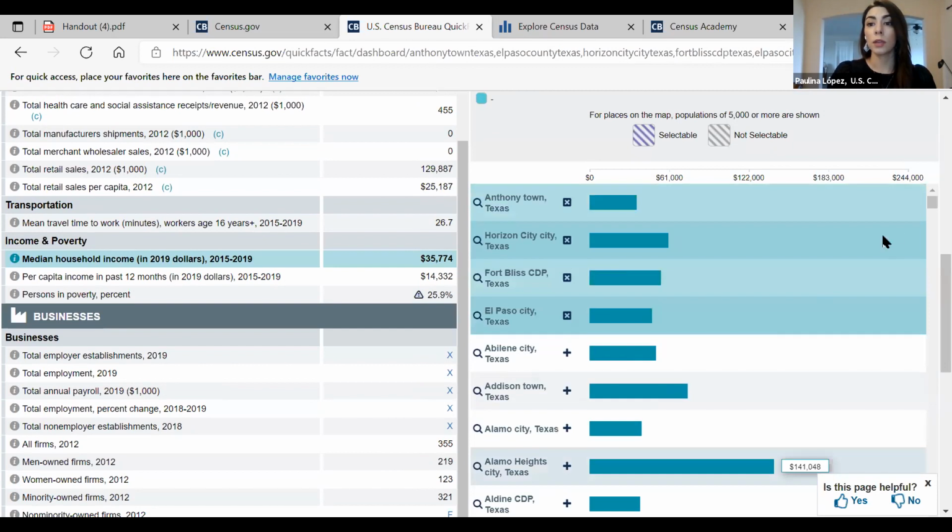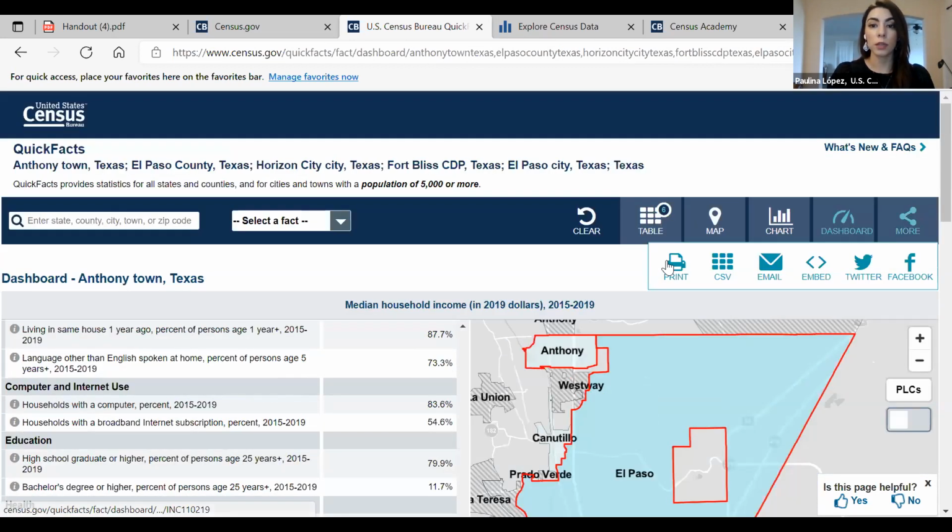So you can share it, you can print this information, download it as a CSV, email, embed it to your website, or share on social media. So very interactive in the ways you can work with QuickFacts data.